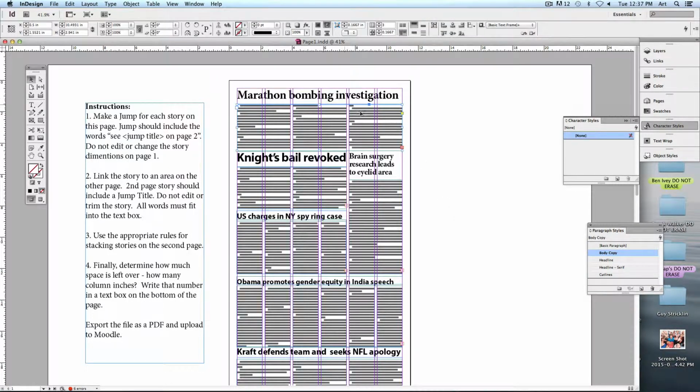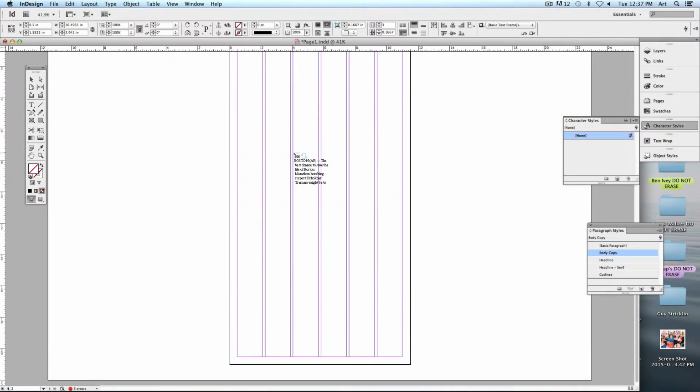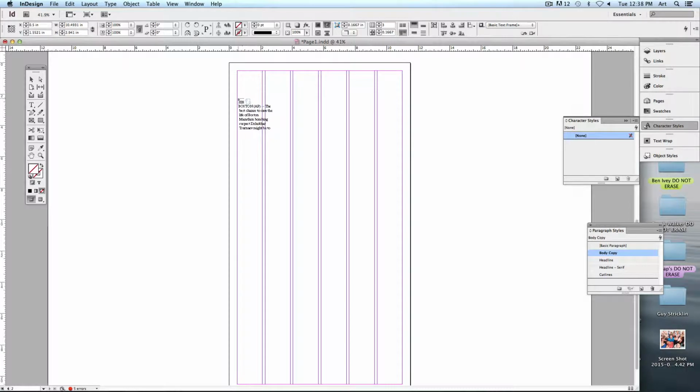I've got my selection tool. Select the text box and click right on the red plus sign. Now check out my cursor. I've got little text that's following me around. Now I'm going to be careful not to click anywhere just yet, but I'm going to scroll down to the bottom. Now wherever I click and drag, it will make a text box and it will place the rest of